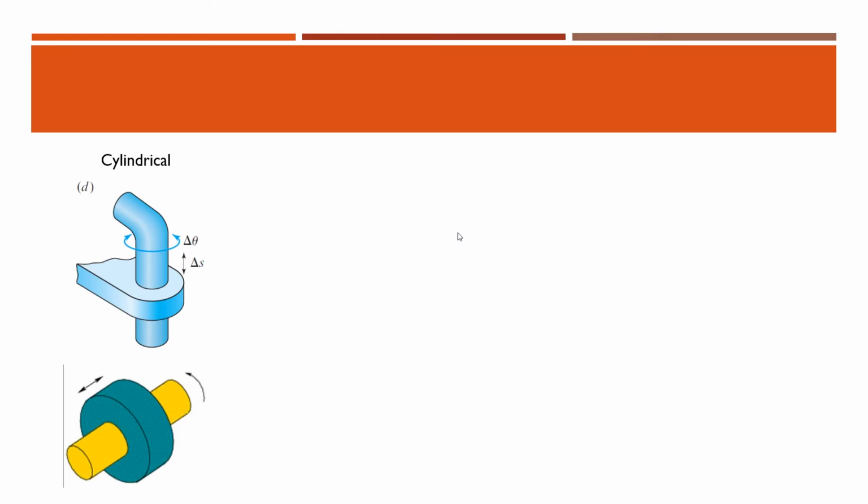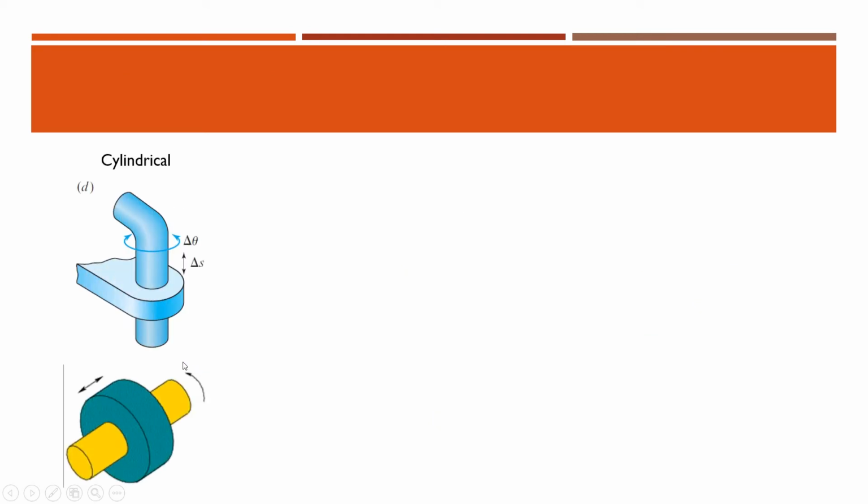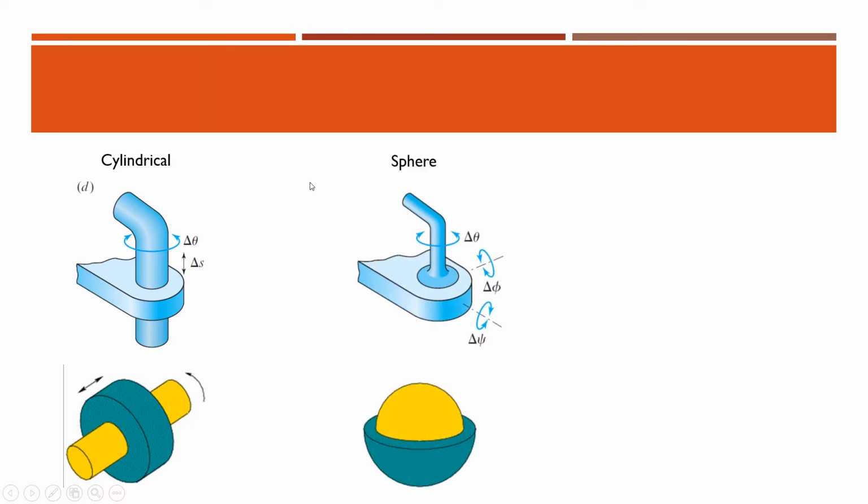Fourth one is a cylindrical pair. In the previous case a collar is provided, so the sliding motion is arrested, whereas in this case the collar is not provided, so it can rotate as well as it can slide. This is a cylindrical pair, and this is a spherical pair. You may be confused by this figure, that is why I included this figure also. In the spherical pair, it can rotate in 3 axes, like the x axis, y axis and z axis. This is the spherical pair.